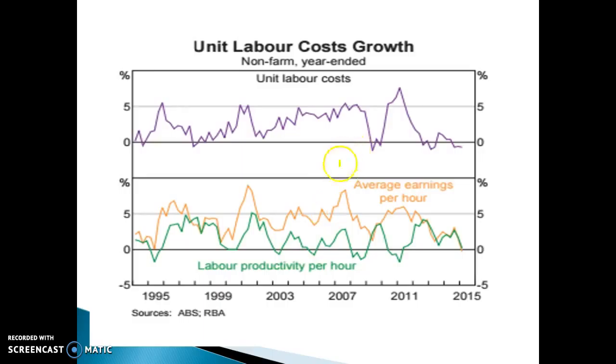Unit labour costs, because wages aren't increasing by much, unit labour costs are also slow, and we'll discuss a little bit more about what unit labour costs mean throughout this chapter. But basically what's happening is unit labour costs are starting to fall, or sort of around zero. Okay, during this range here, unit labour costs are growing by a little bit, but you can see in 2015 unit labour costs are starting to fall. And basically that means that productivity is increasing at a faster rate than average earnings per hour.